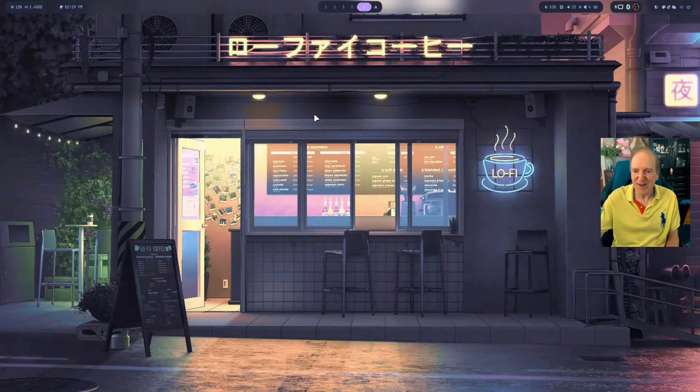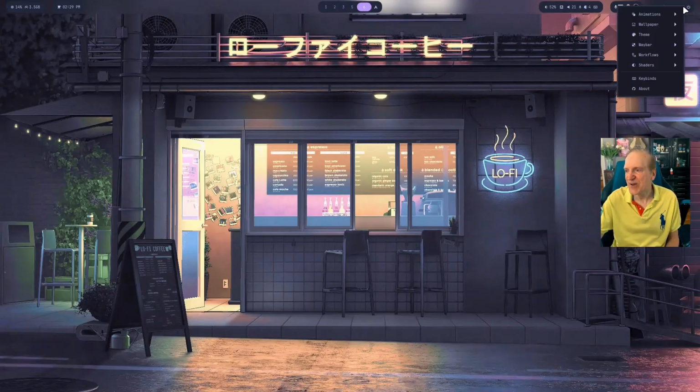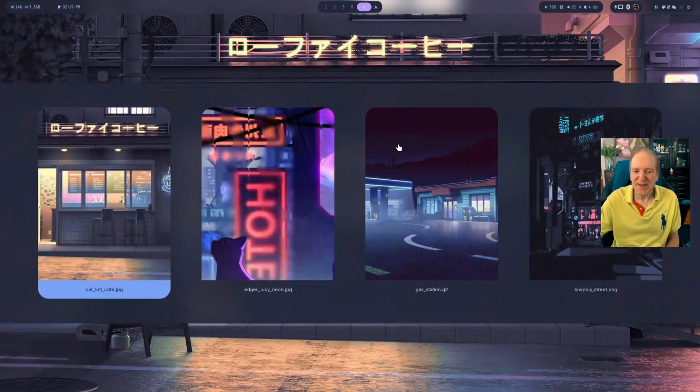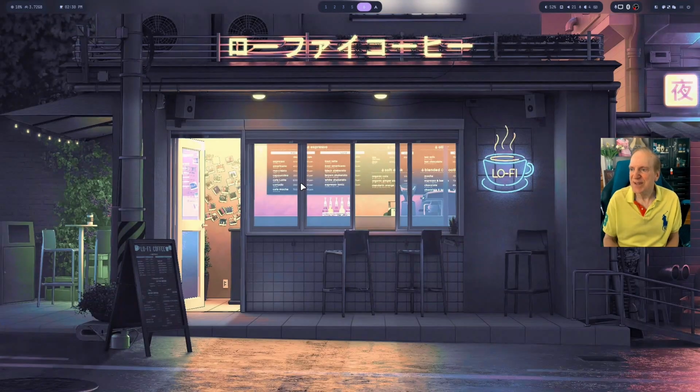And actually the background is different. I had a different background by default originally. I was playing around with this a little bit before I started recording, and I inadvertently changed the background. I forgot how I did that. I think I was up in here somewhere. Just to be a little bit more consistent, I'll go back to my original background. I think I changed my background by changing my theme, because I changed the theme there, I think. If I were to go back to my original theme,